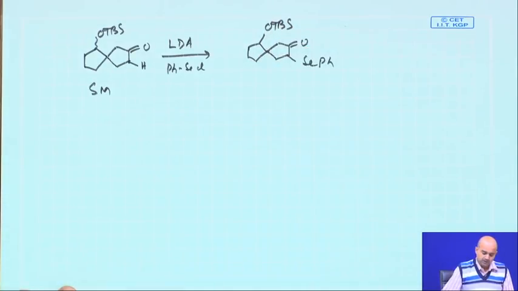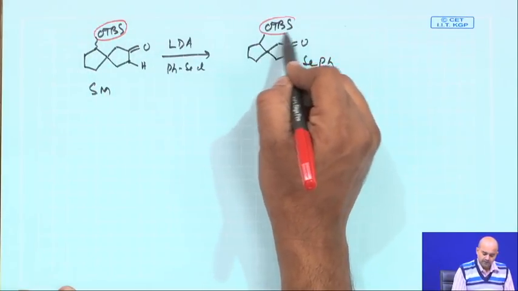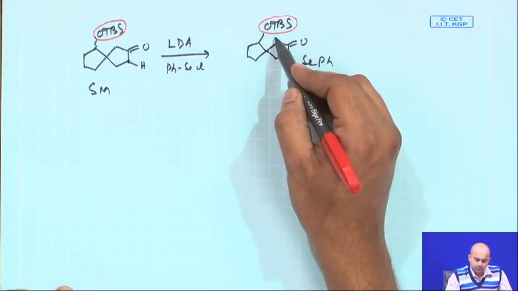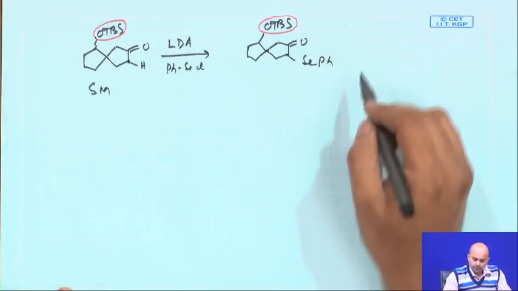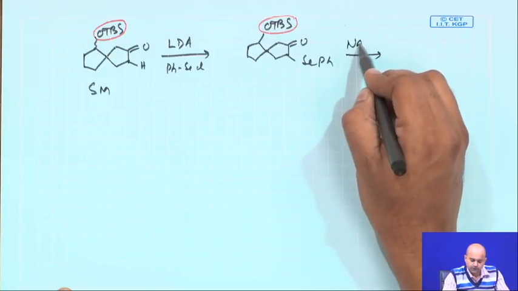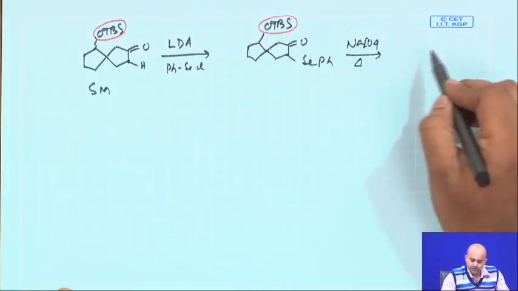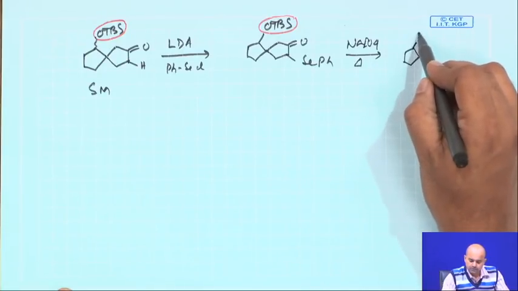The steric bulk of this group dictates whether this hydrogen will be abstracted or this one will be. As this is in close proximity, this hydrogen will not be abstracted by the base, and now as it was already abstracted, you just do the selenoxide elimination, sodium periodate and a little bit of heat, basically ending up with